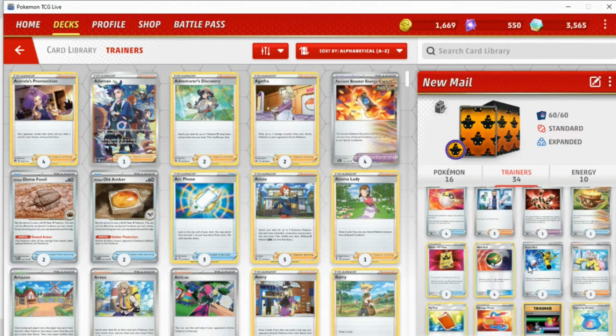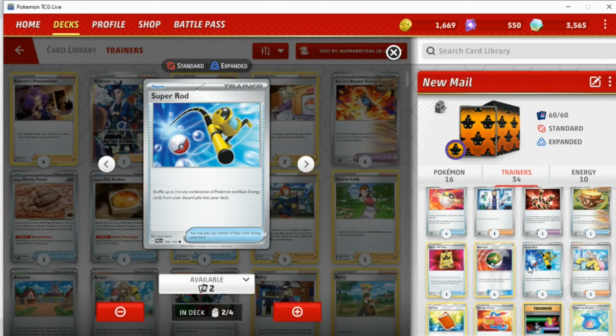Two Super Rod, which, to be honest, I don't actually use that much in games because I always have enough energy with this deck. You're only attacking for 1 energy, so energy is not a super big issue. Recycling Pokemon can be necessary, especially if you prized 1 or 2 Dodrios. But typically, aside from that, you could actually cut a Super Rod in favor of